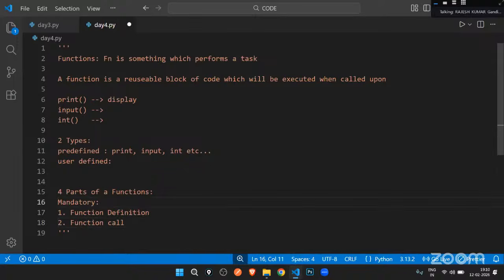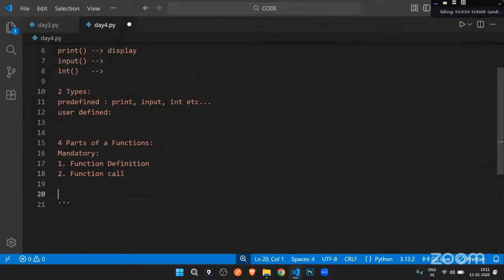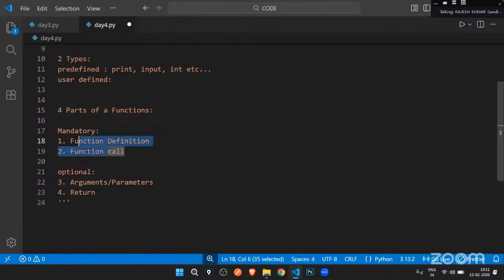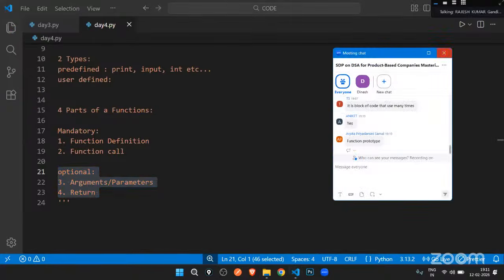Coming to the optional parts, the third is arguments, or parameters. The fourth is the return keyword. So the mandatory parts are function definition and function call, and the optional ones are arguments and return. Let's go through them.